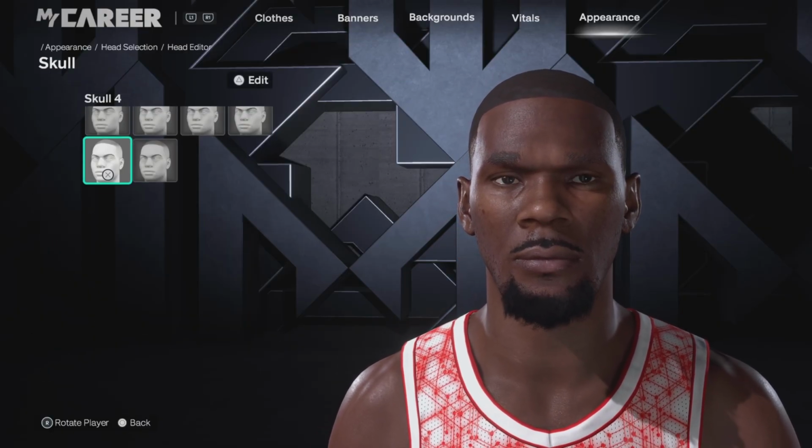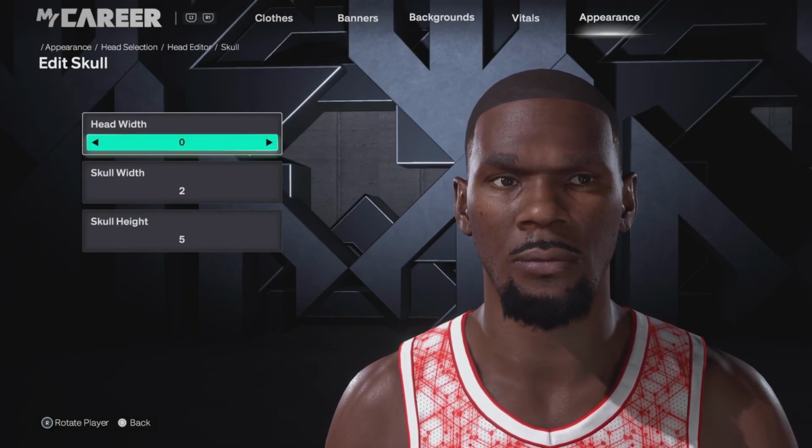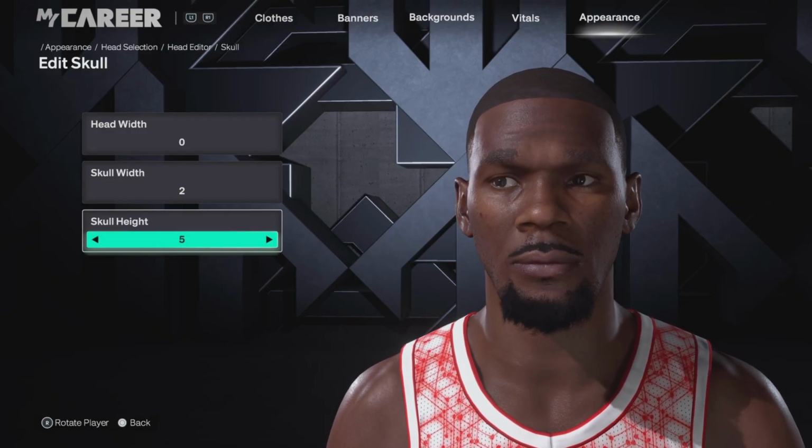Next up for the skull, we're going with skull number 4, head width 0, skull width 2, skull height 5,